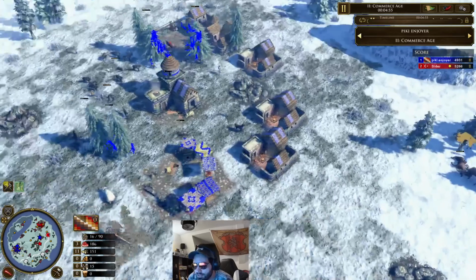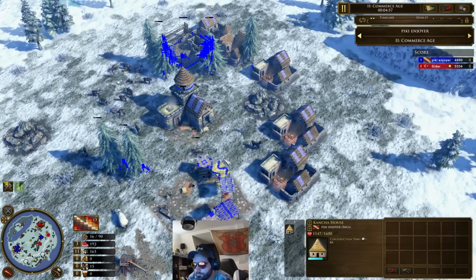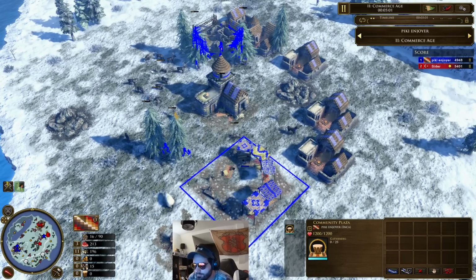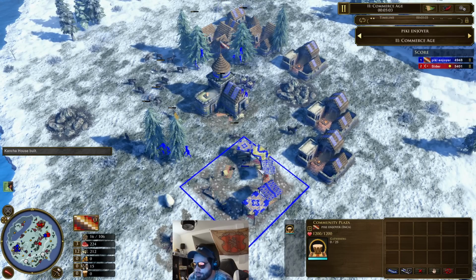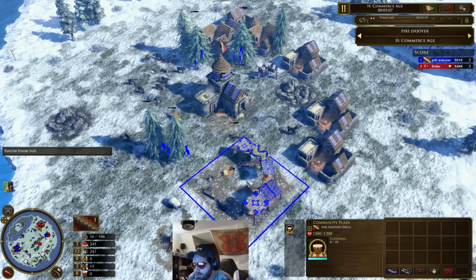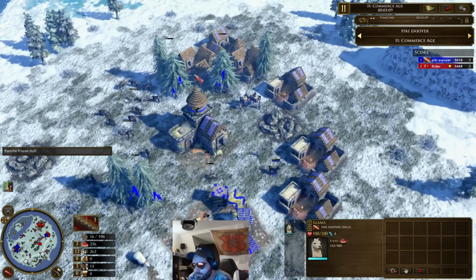Let's have a look at Piggy Enjoyer. He's going for Canter Boom by the looks of it. Got that community plaza down. Doesn't have his llama on it, though. Piggy and Joy have forgotten to put this llama on that community plaza. I'm not sure how long the community plaza has been up there for, but that's definitely a waste of essentially